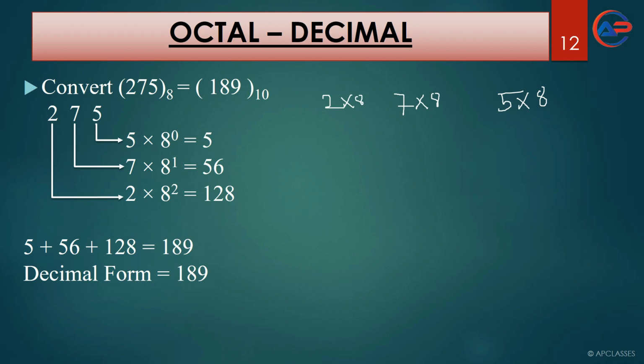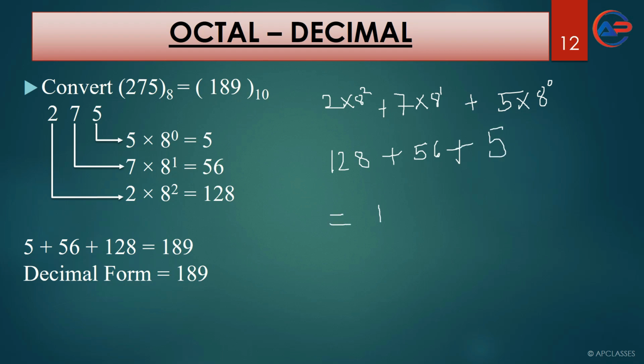You have to multiply these numbers with 8. After that you have to write powers from right to left: 0 power, 1 and 2. Then you have to add it. 8 square is 64, 64 into 2 is 128, plus 8 to the power 1 is 8, 8 into 7 is 56, plus 8 to the power 0 is 1, 1 into 5 is 5, and the final